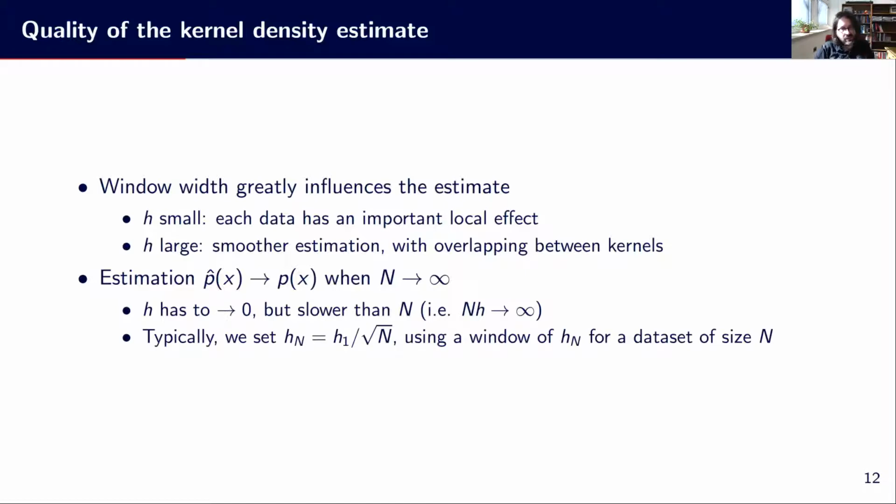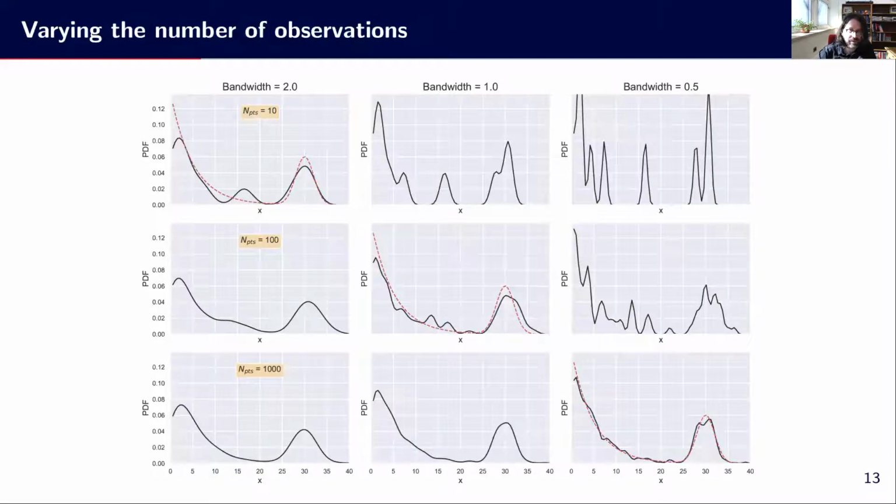Typically, we set the h to be equivalent to some kind of h1, which is the base value, divided by the square root of n. This is a rule of thumb. This is not the only way to do that, but it makes sense